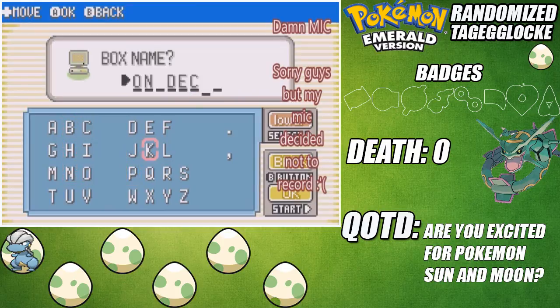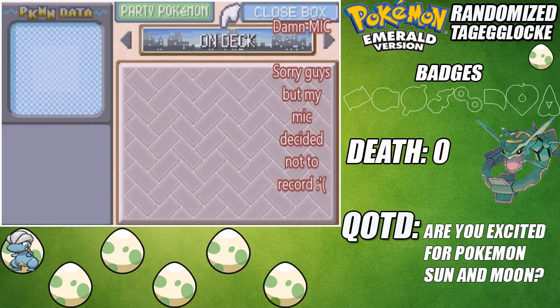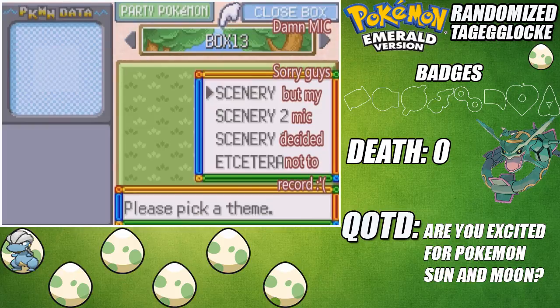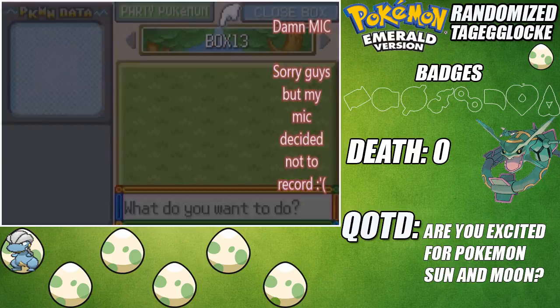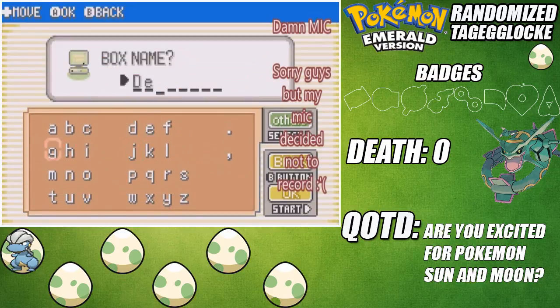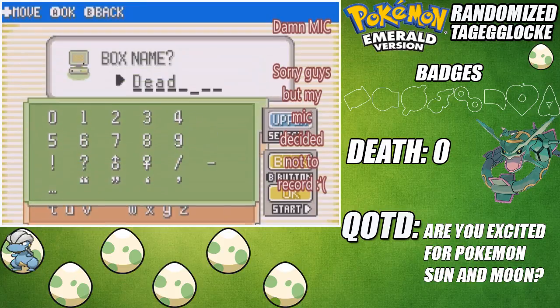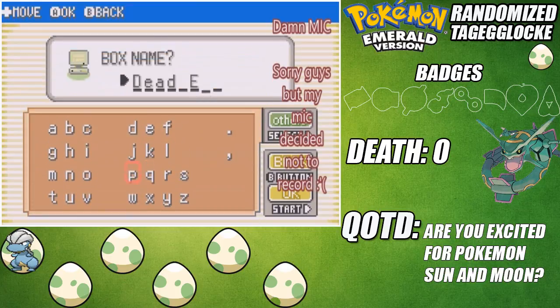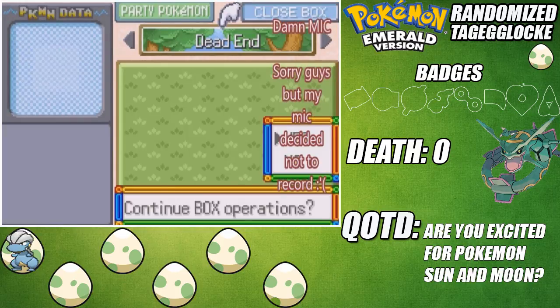if you get any of the references that me or Ragin make with our nicknames, please let us know in the comments section. And right here's a pop-up, and I'm going to keep this little message up here so you guys know my mic didn't record. And right here I'm naming our dead box the Dead End. I'm going to go ahead and say this now: it's a reference to an anime called The Future Diary, or Mirai Nikki. It's a really good anime. I would recommend it. But anyway,